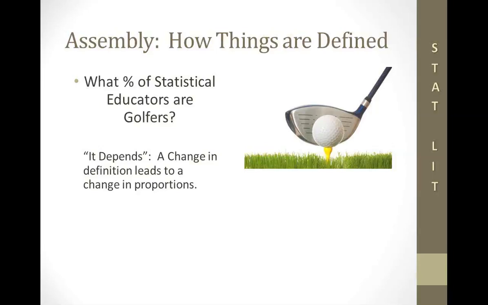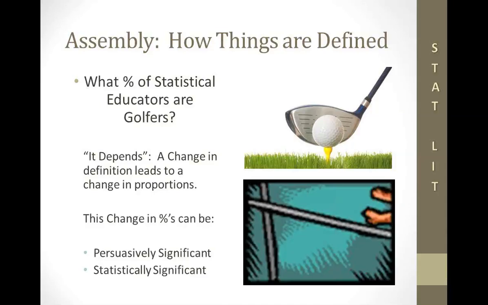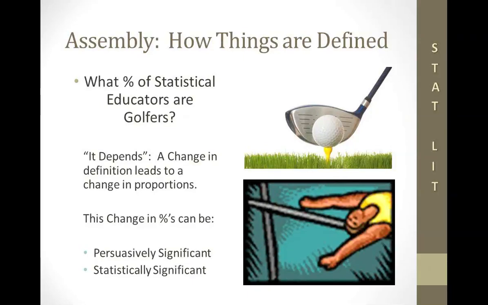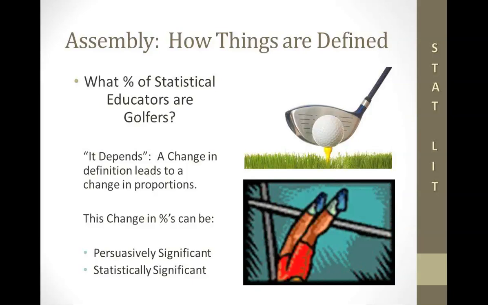If I say the time frame for playing a round of golf to be considered a golfer is in the last year, the proportion gets ever bigger. If I redefine a golfer completely and say it's anyone who's played a round of 18 holes, hit balls at the driving range, or indulged in the game of mini golf ever in their lifetime, I get the biggest response of all. In this particular case, the change of definition leads to a change in proportions. Depending on how far I raise or lower the bar of the definition, I can certainly influence the numbers in a way that would be persuasively significant,